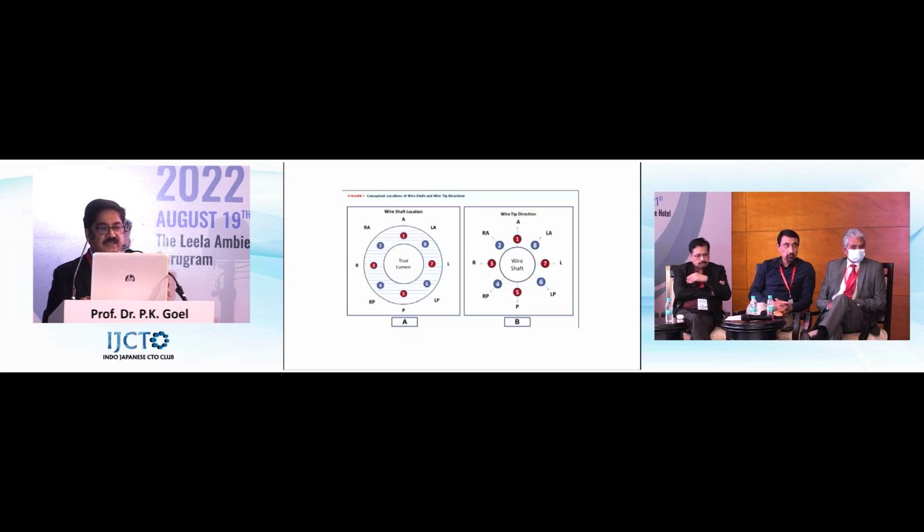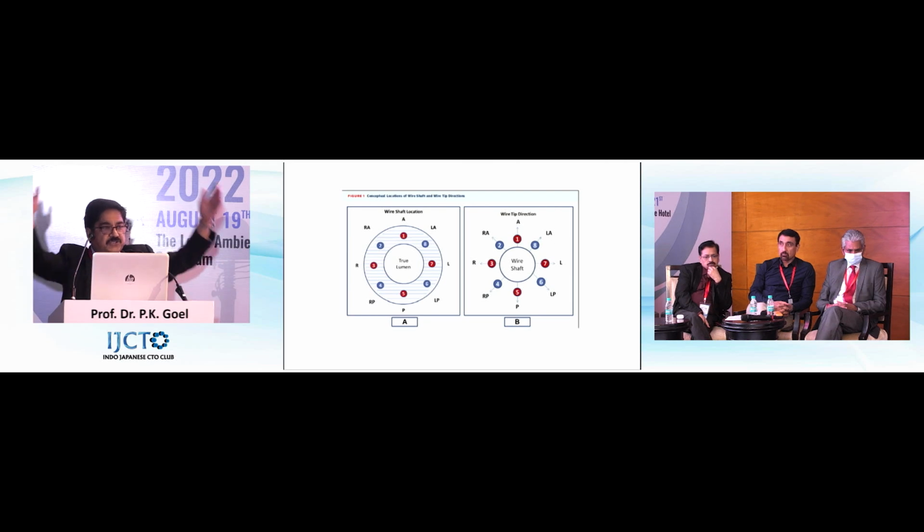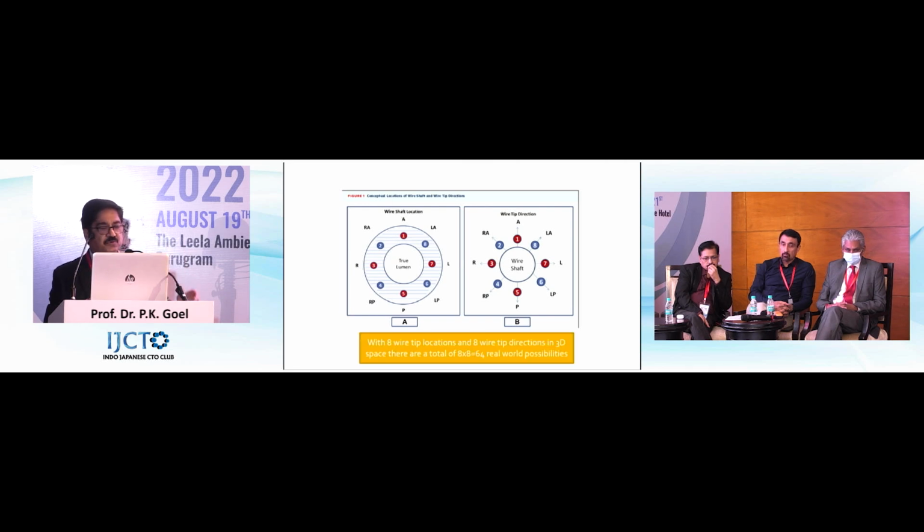What I have done is, you imagine the wire in 3 dimensions around the true lumen. So the wire could be in any of 8 positions, and the wire tip could independently be in another 8 positions of that location. So you have 64 combinations. So we have worked out algorithms for those 64 combinations, and if you have that concept, it can help you re-enter,